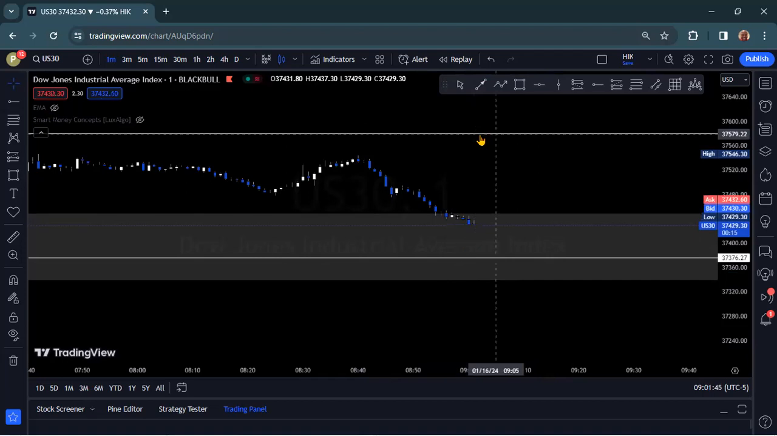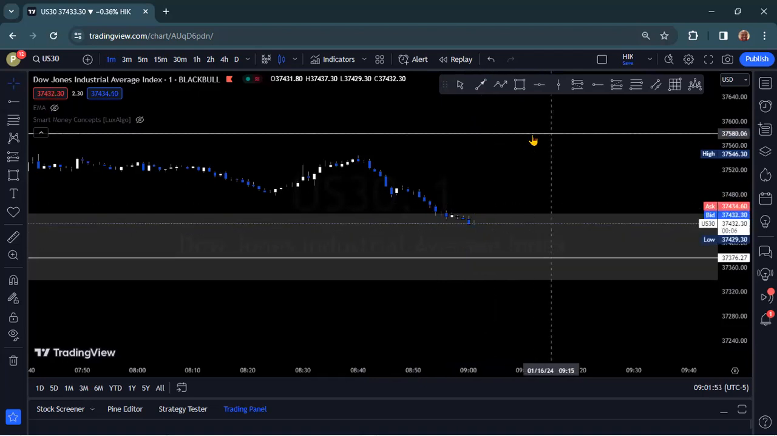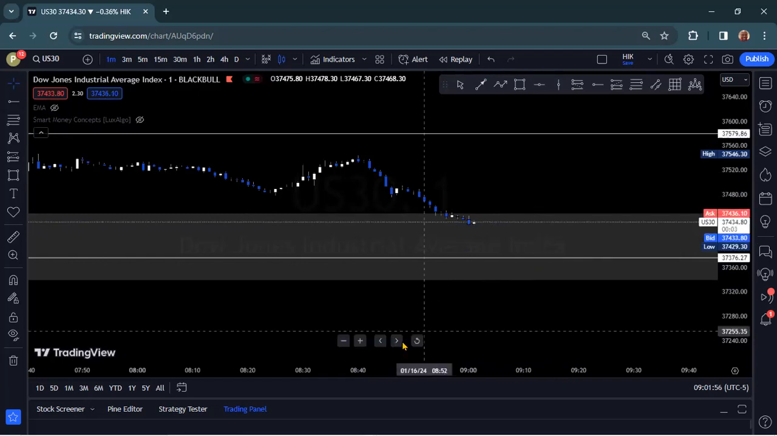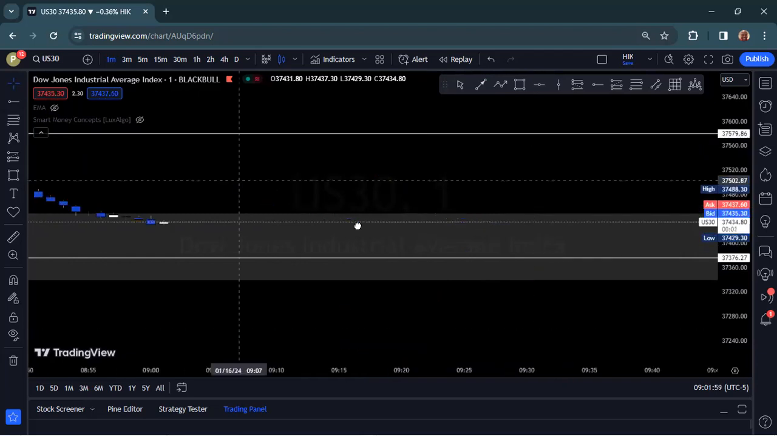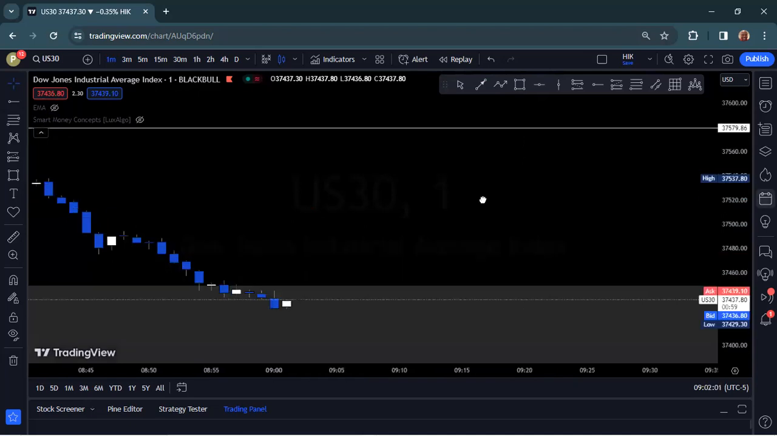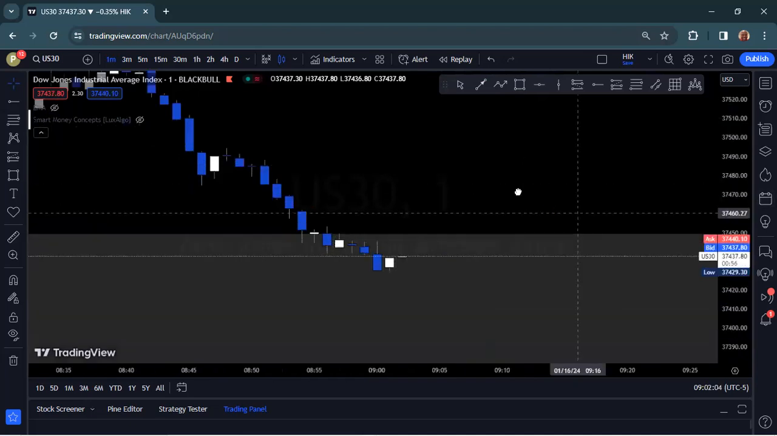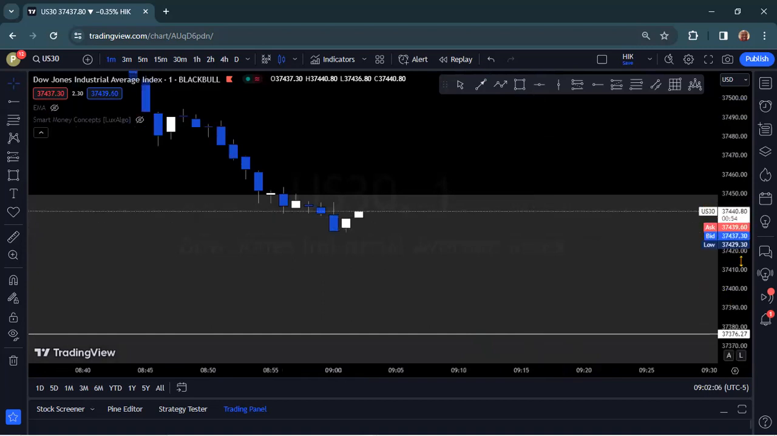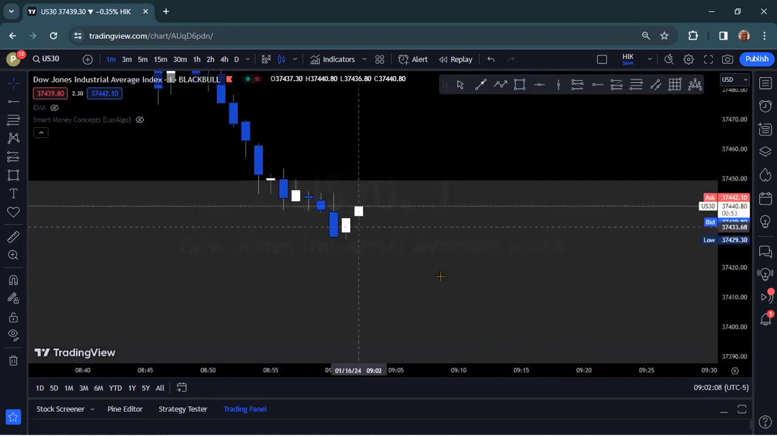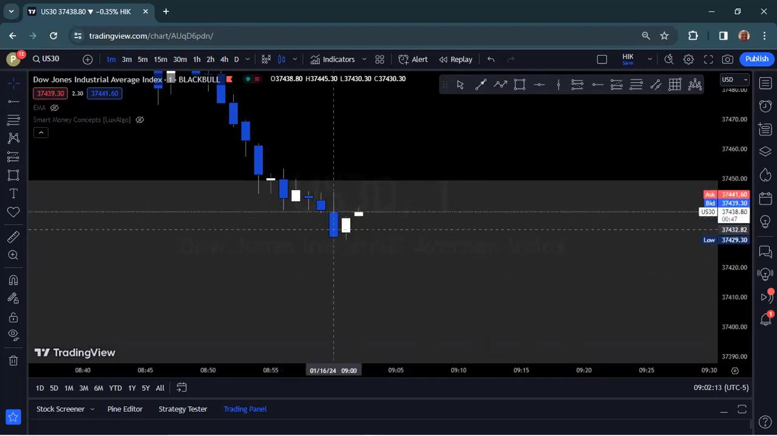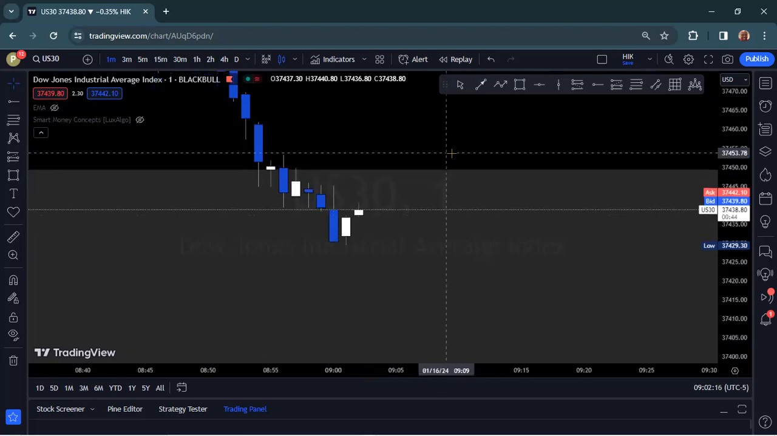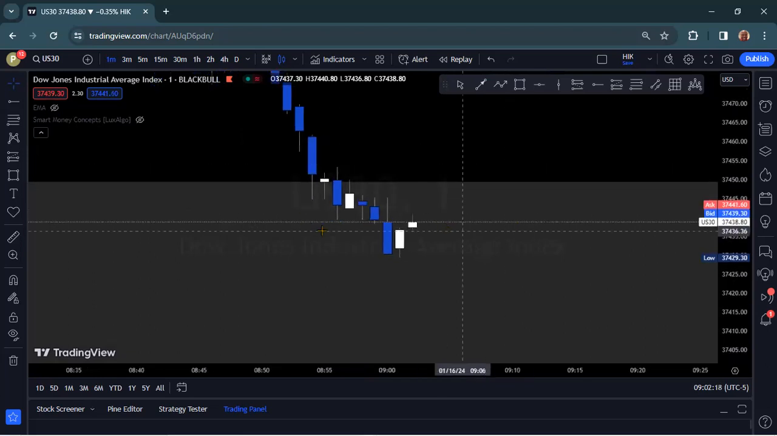So resistance is up here. If I do take a buy order and it's in this zone, my TP is going to be at this line right here. So let's just wait to see how it's going to develop. As you can see, you have two candles that are heading up. And I'm just waiting for